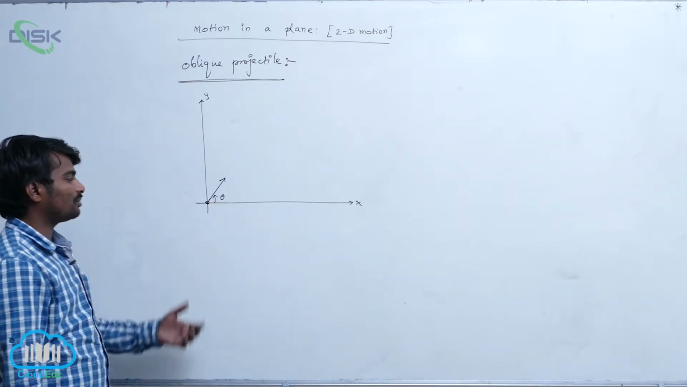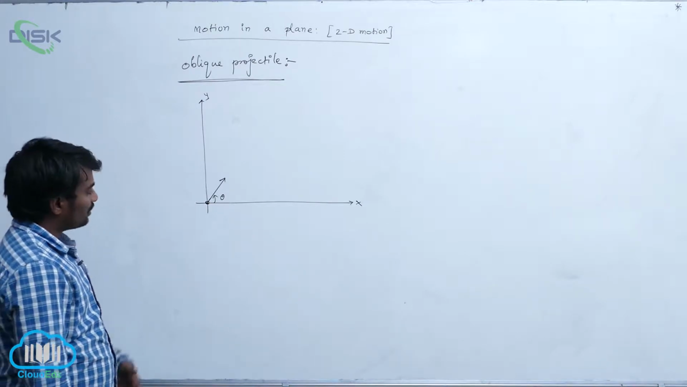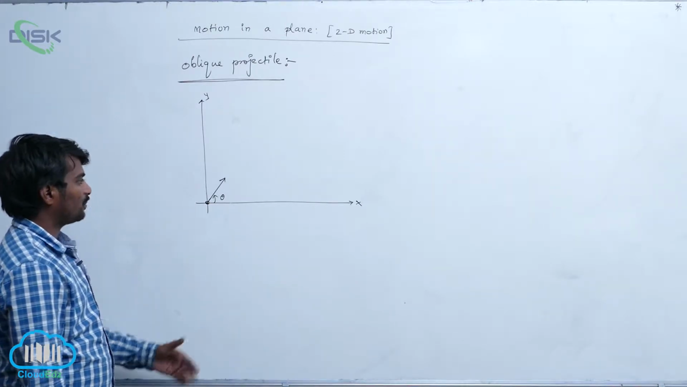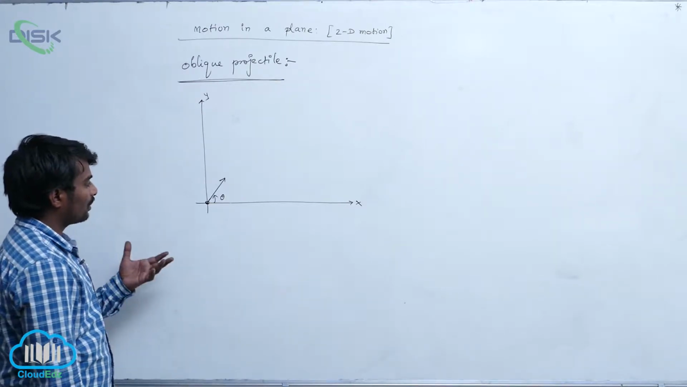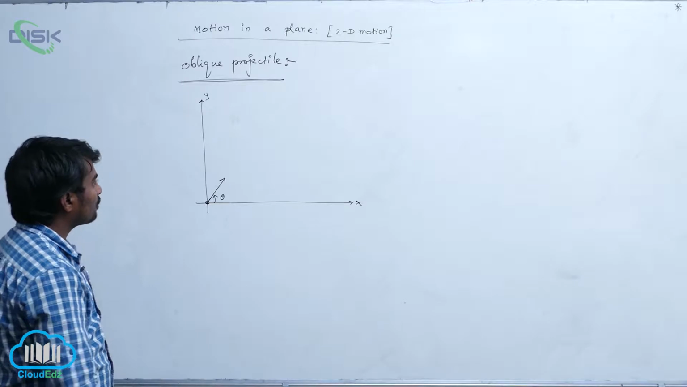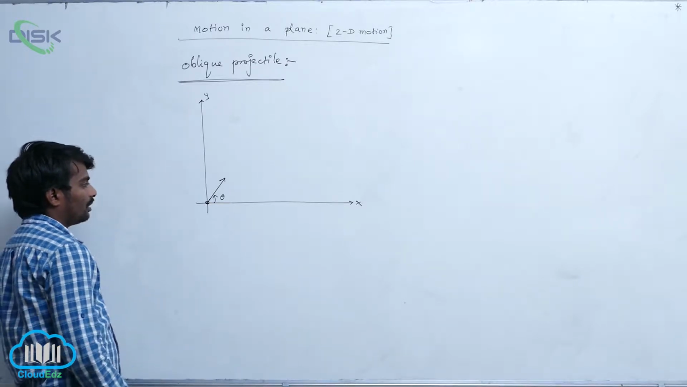What is the velocity of the object? What is the acceleration of the object? What is the displacement covered by the object in a particular time? What is average velocity? What is average speed? Everything I am going to study. See here,